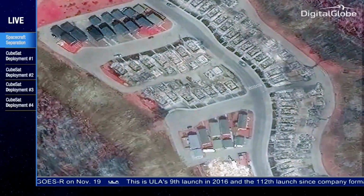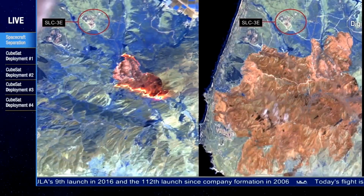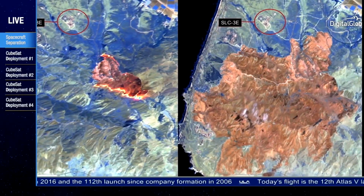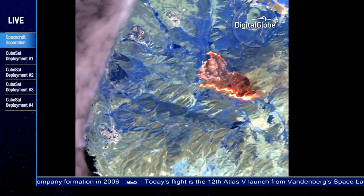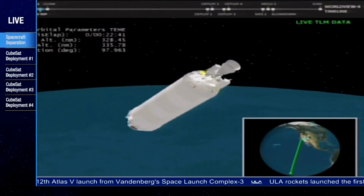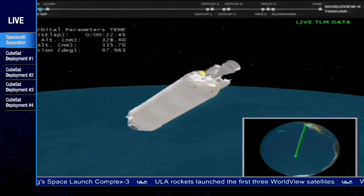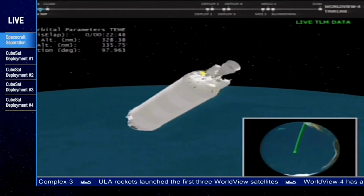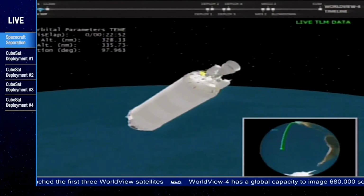We in fact used these same capabilities in September when a wildfire started right here at Vandenberg Air Force Base when we tried to launch WorldView-4 earlier. We imaged the base and shared the results with firefighters, and it definitely helped WorldView-4 stay safe inside within the Atlas V rocket. Yeah, we were both here just a couple months ago and saw the impact of that wildfire, and it's amazing to see those images that we're able to keep launch pads and people safe throughout that whole